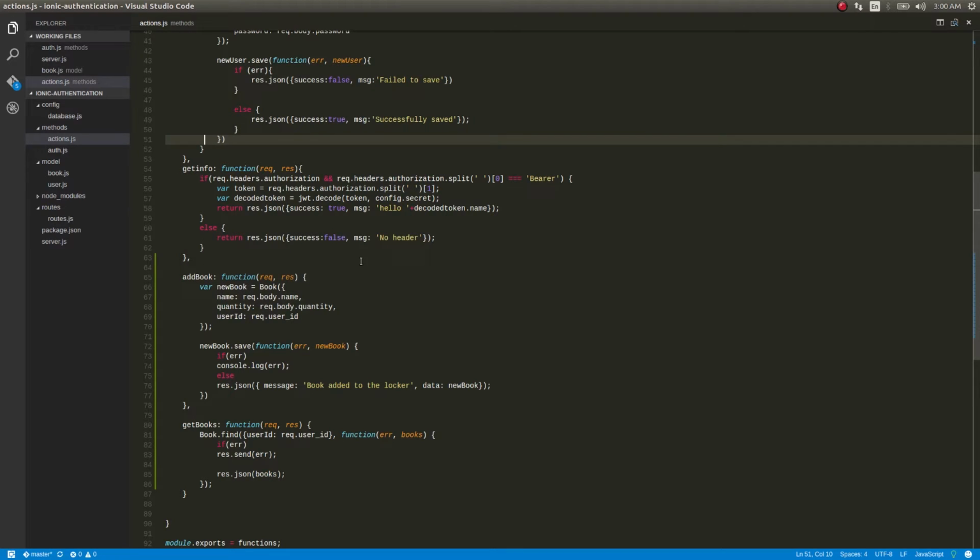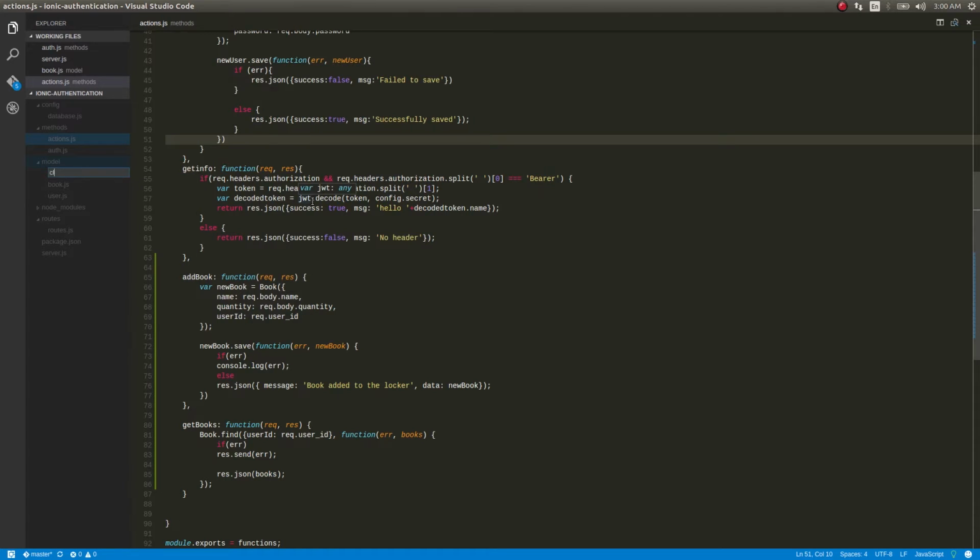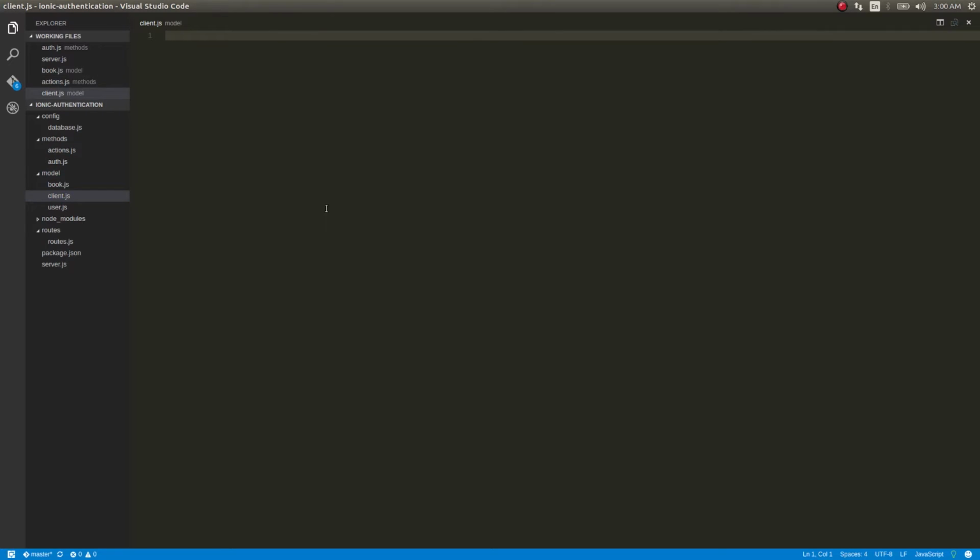First of all, to add a client, we'll create a model for the client.js. Once again, just to make this video shorter, time lapse.